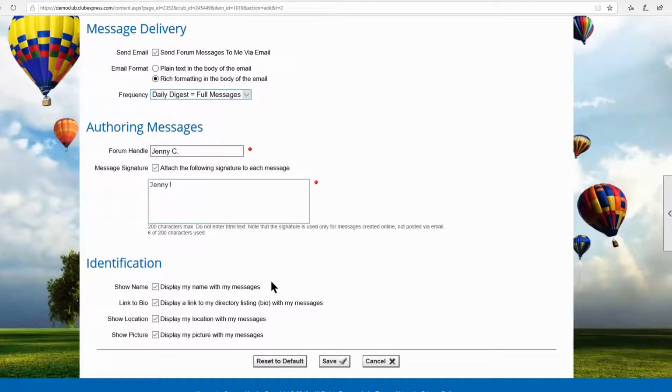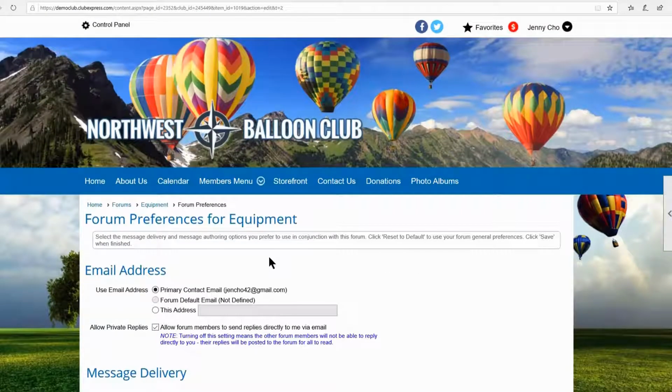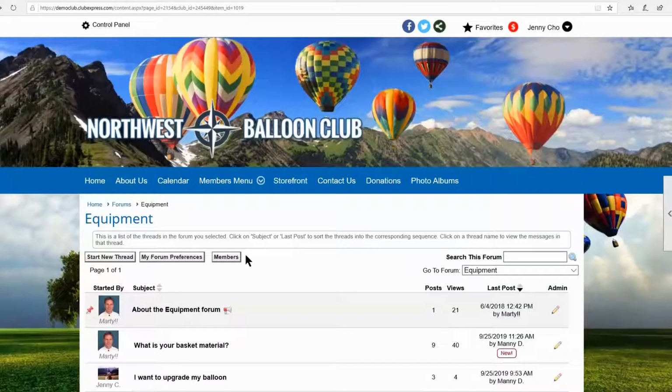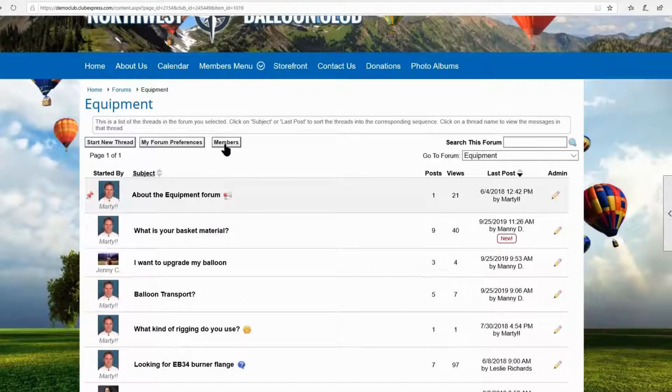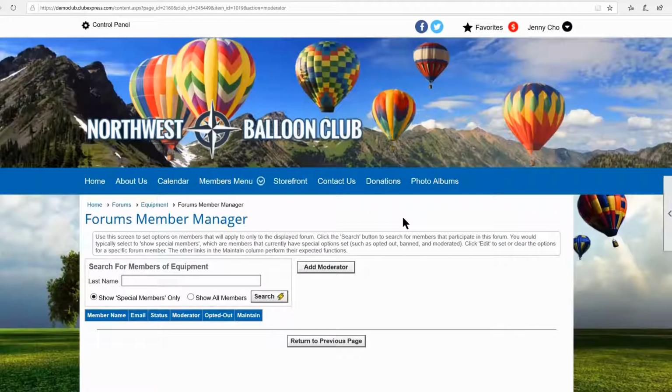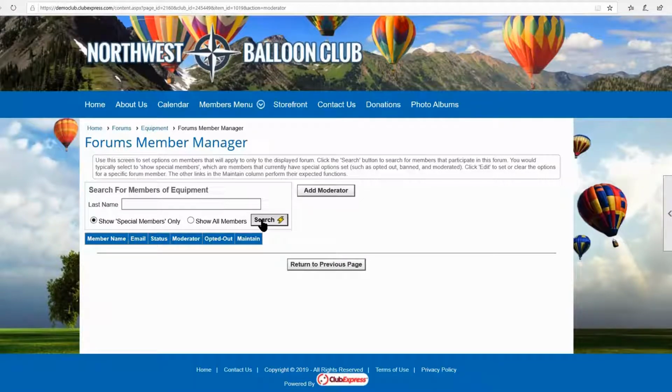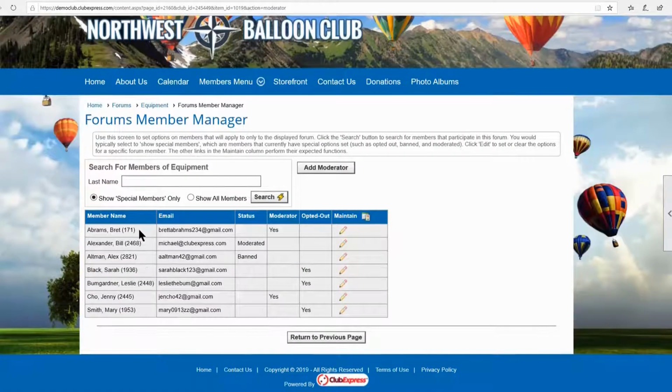Things like that. So there's all sorts of particular forum preferences for this individual forum. And because she's an administrator or coordinator, she can look at the members of this forum, and she can search for all the people that are members. And there are the people called special members versus all members.